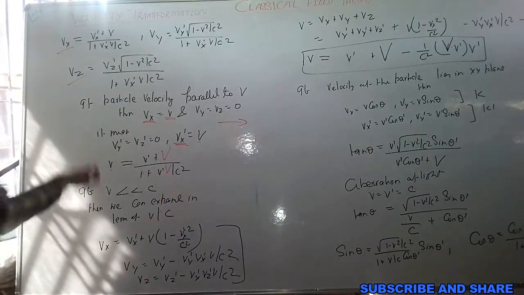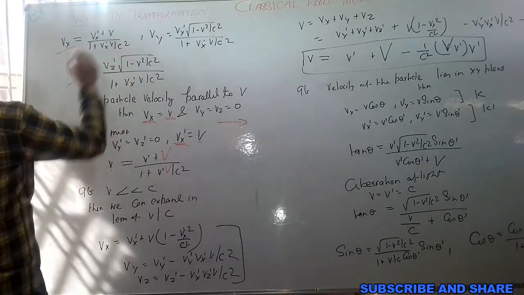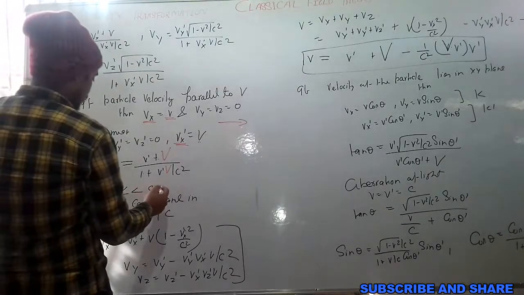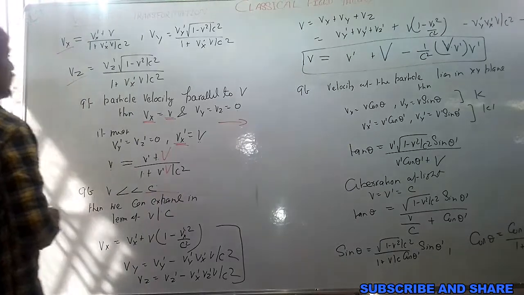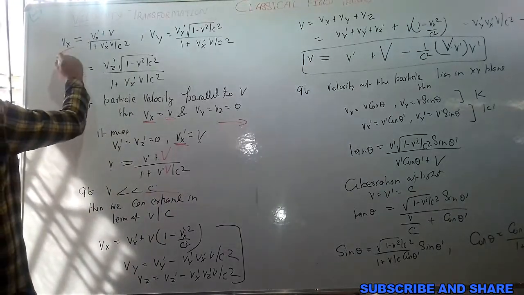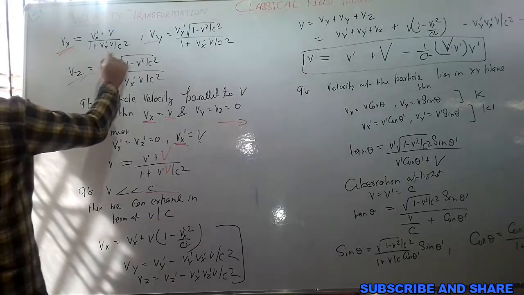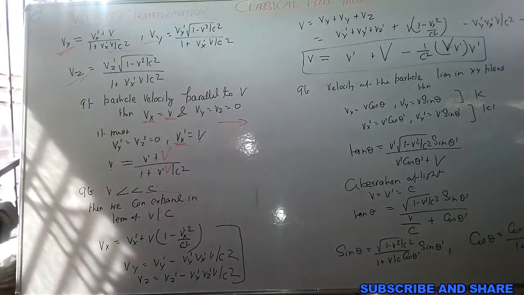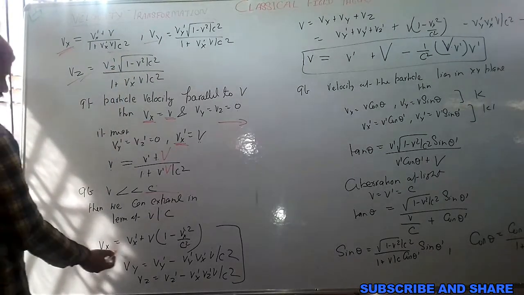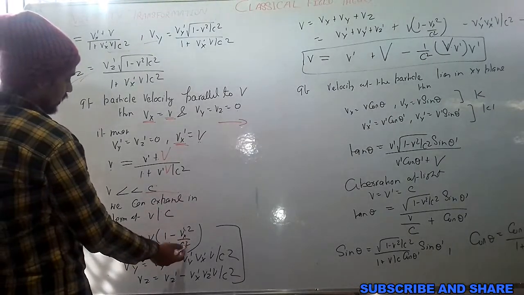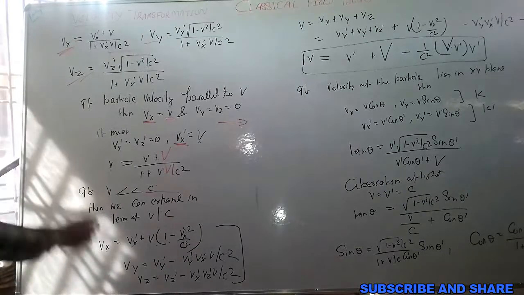Now if the velocity of the reference system is much less than the velocity of light, then we can expand this one and this one and this one in terms of V by c, and when we expand, it will simply become Vx is equal to Vx dash plus V, 1 minus Vx square divided by c square, and Vy is equal to